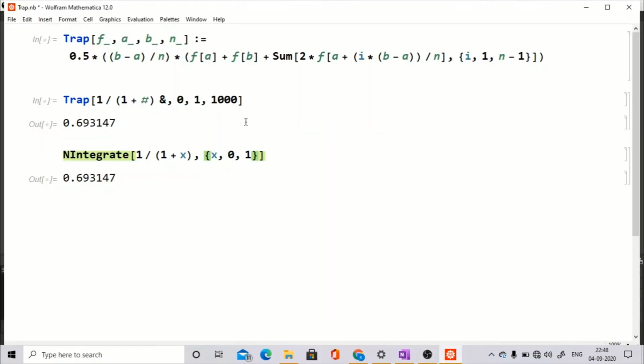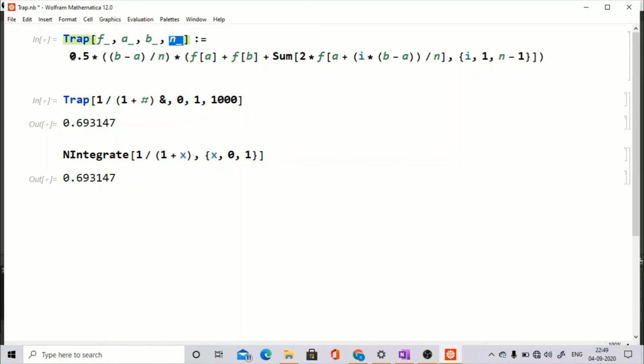So now you see that I have written a small code for a trapezoidal method. You can see here that I have written a function trap, which stands for trapezoidal rule, which is a function of f of x, because you have to supply that. Then you have to give a, which is the lower interval, b, the upper interval, and the number of intervals, okay.